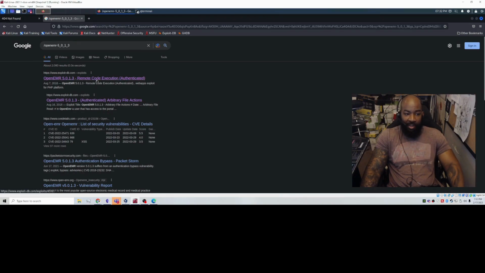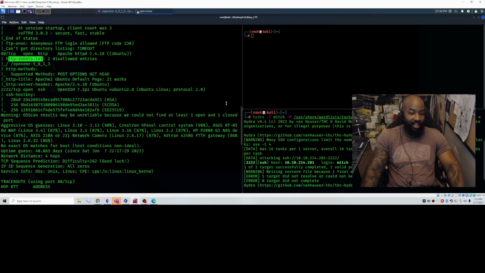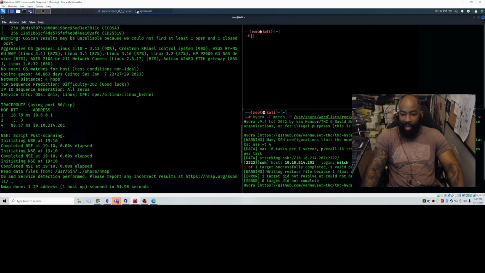there's a vulnerability here, right? We can't take advantage of it because we have to have the credentials. Now we do have Mitch's credentials. We could try that, but that's beyond the scope of what we're gonna do tonight. So let's dial it back a little bit. All right, back to our Nmap scans and back to our